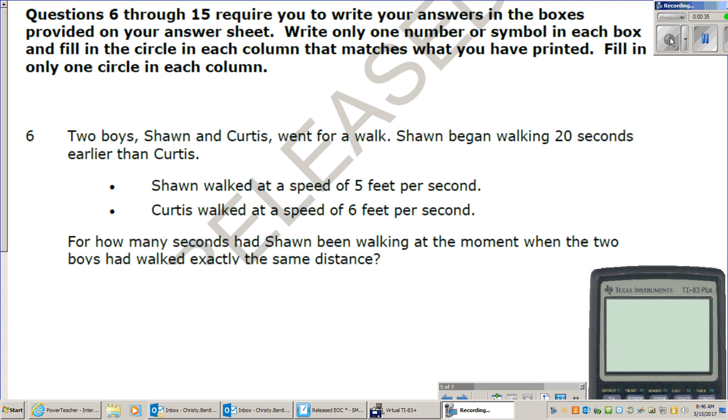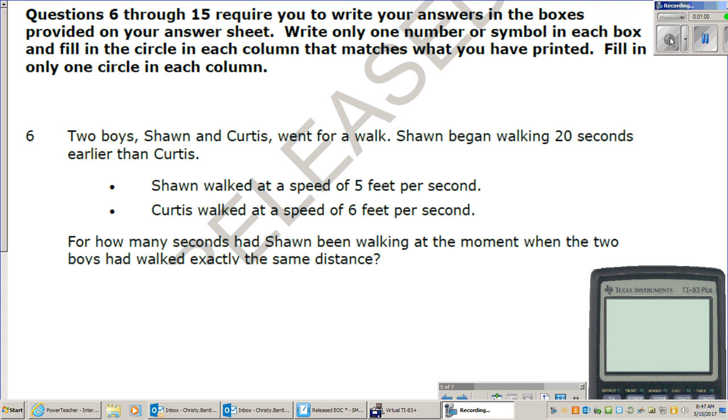So number 6 says, two boys, Sean and Curtis, went for a walk. Sean began walking 20 seconds earlier than Curtis. Sean walked at a speed of 5 feet per second. Curtis walked at a speed of 6 feet per second. For how many seconds had Sean been walking at the moment when the two boys had walked exactly the same